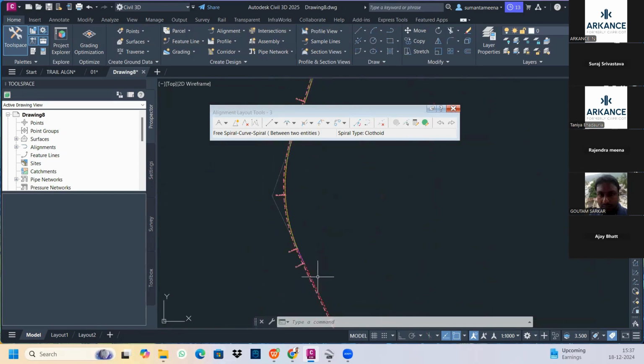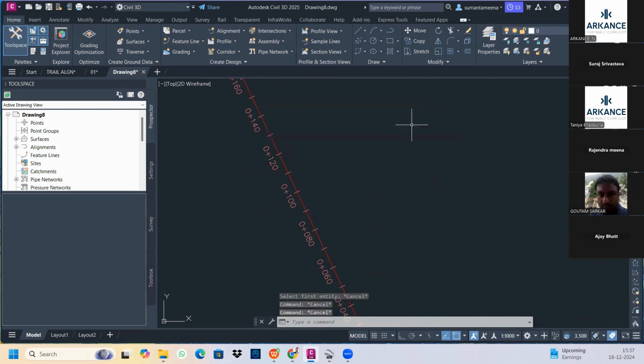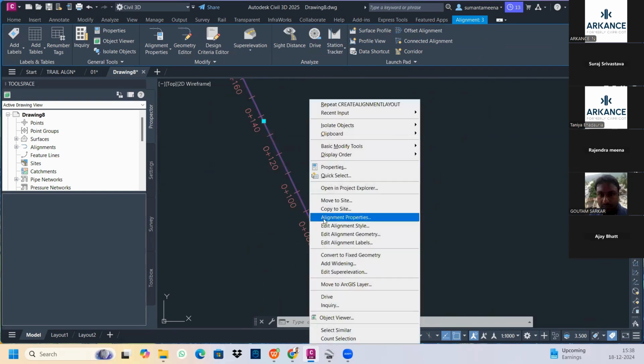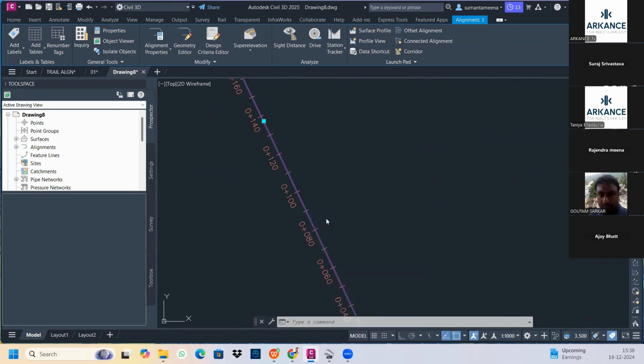Now suppose here I will do some experiment in this alignment. Suppose this label is parallel to this alignment. I just want to project this label perpendicular to the alignment instead of parallel to the alignment. And also I want to change the interval of these chainages, instead of 20 meter, to 50 or 100. So under this alignment properties,